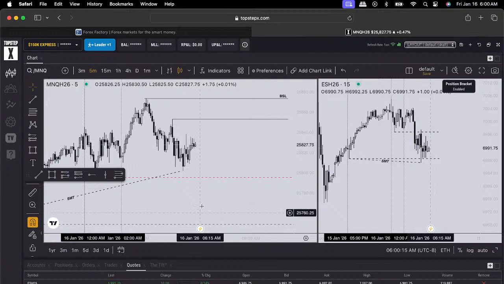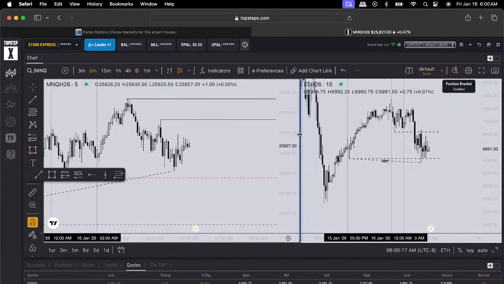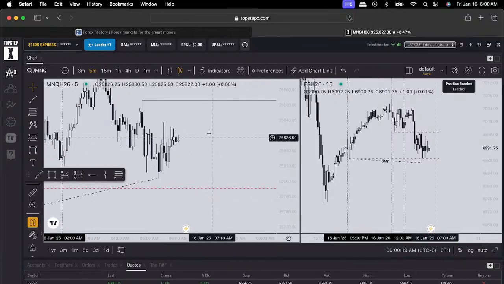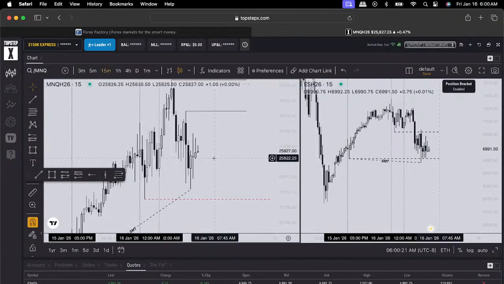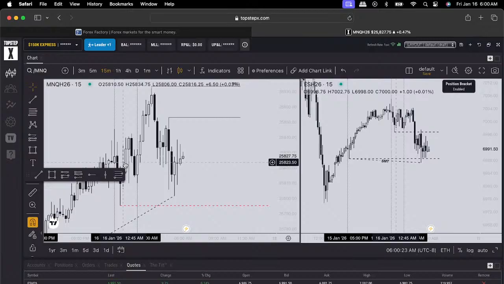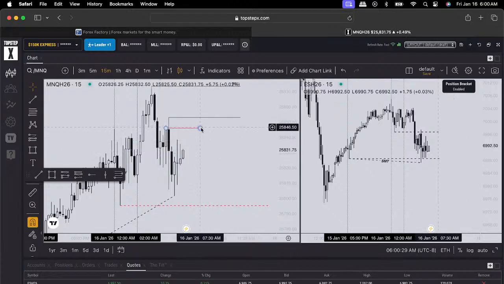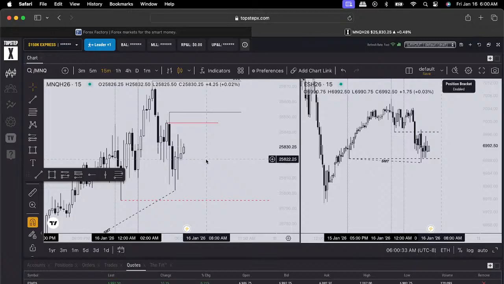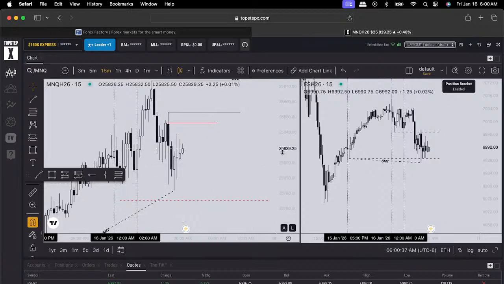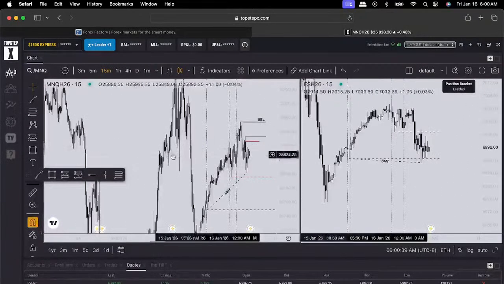Let's see. Yeah, there's nothing really we're looking for right now within the market. There's no real level I'm looking to invalidate. I mean, maybe that one, if we close above it. But I kind of don't want to see that happen. I won't take that. We're too high in premiums already, because we've already been distributing these entire sessions.